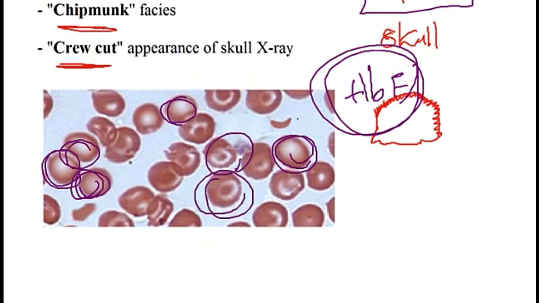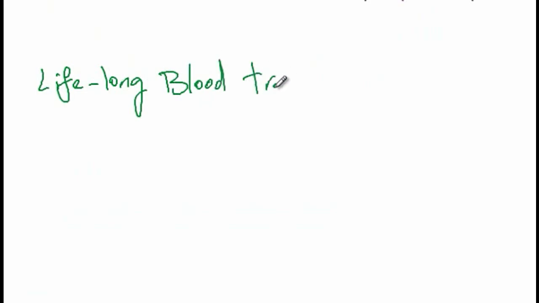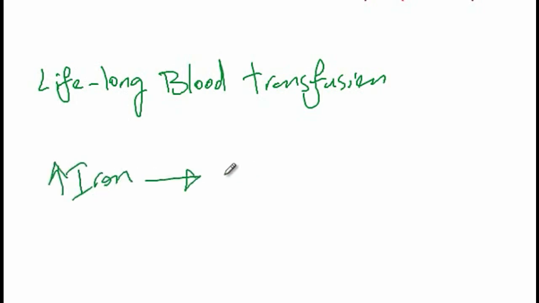Now, as for the treatment of patients with beta thalassemia major, you will have to treat them with lifelong blood transfusion. So treatment of patients with beta thalassemia major requires lifelong blood transfusions, as a consequence of which, due to the accumulation of iron in the body of these patients, they could develop secondary